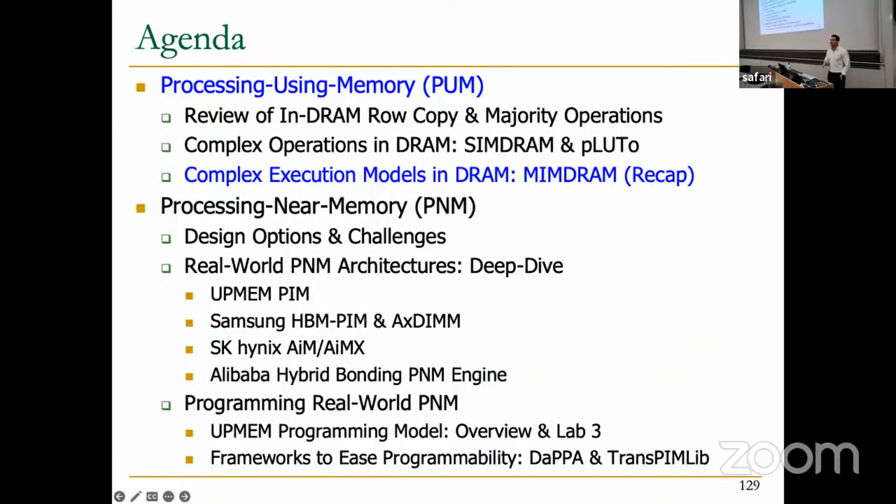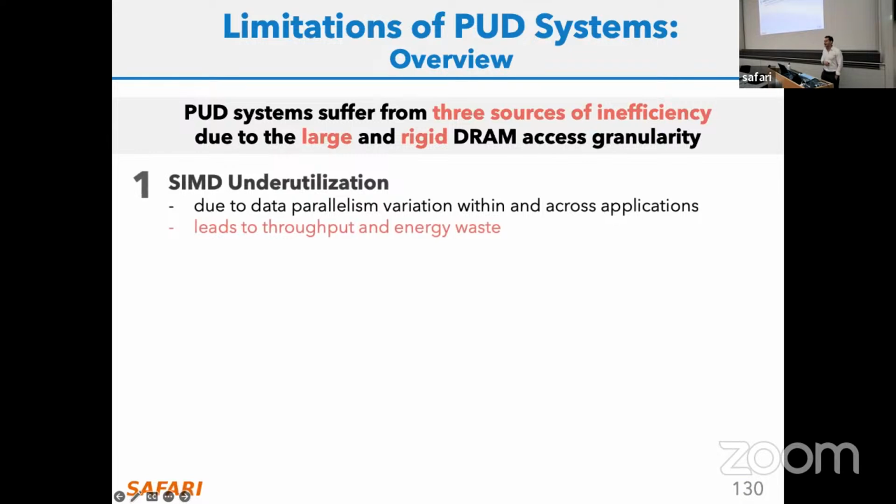Now we have in-DRAM row copy, we have in-DRAM majority, Boolean operations, we have arithmetic, we have transcendental functions, right? So now I can take my C application and map it to the processing-using-DRAM substrate, and have great performance benefits, right? No, that is wrong. And this was actually related to some of the questions that were asked before.